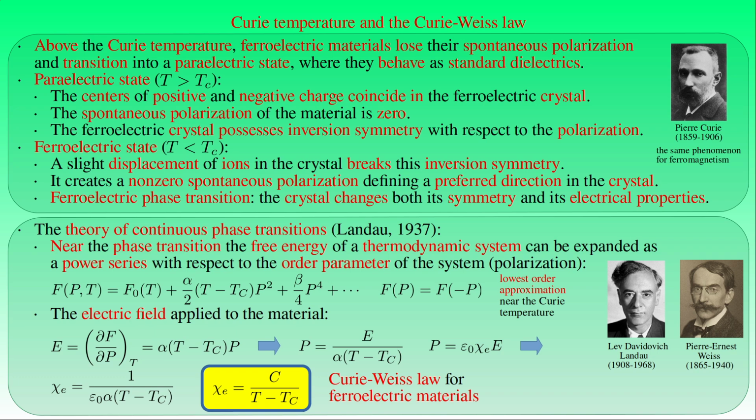It is an improved version of Curie's law stating that the magnetic susceptibility is inversely proportional to the temperature, and he derived this formula by determining the contribution of the magnetic dipoles having random orientations in ferromagnetic materials to the magnetization of these materials. In fact, he applied calculations based on statistical mechanics that are similar to those already presented here for determining the contribution of randomly oriented electric dipoles to the polarization of dielectrics.